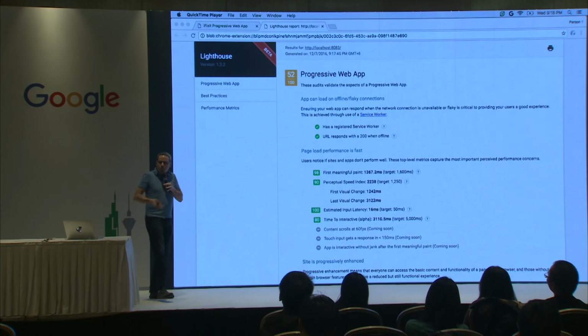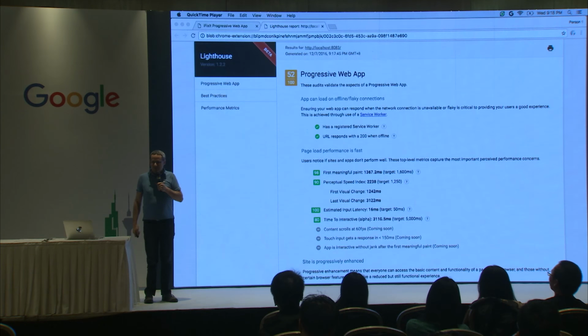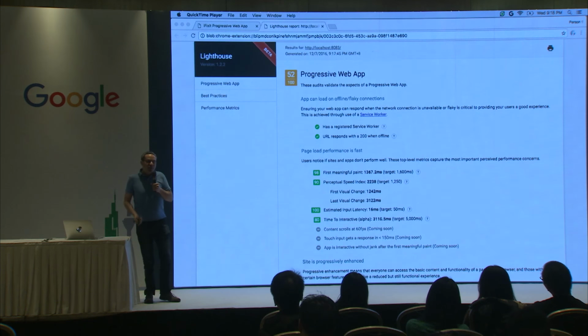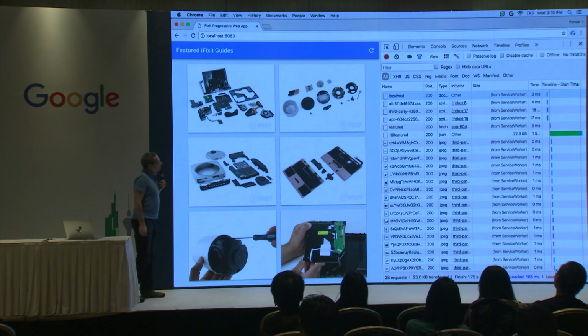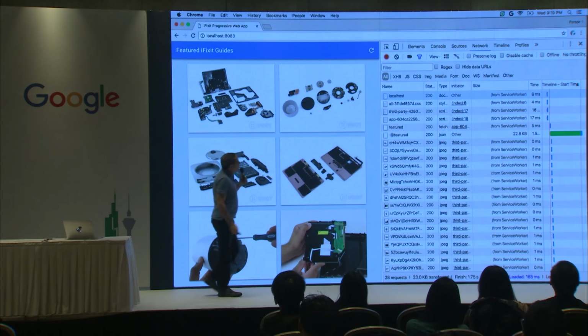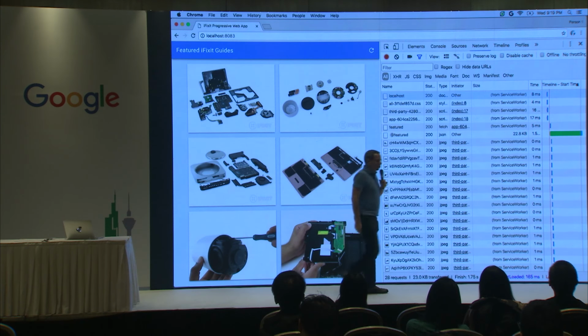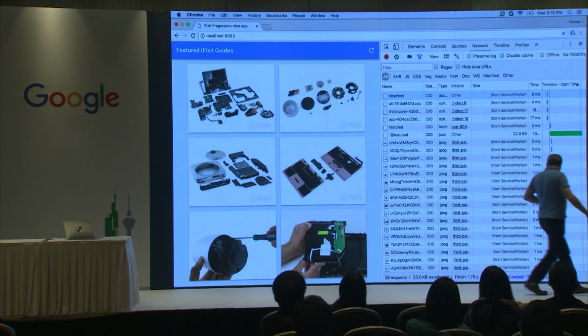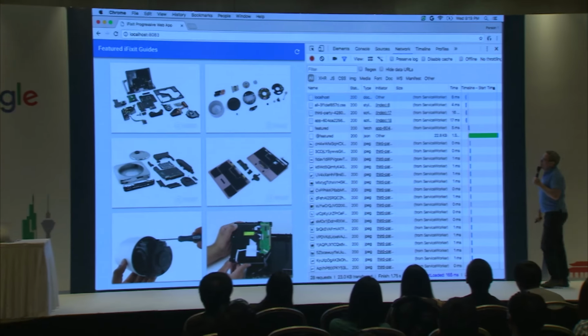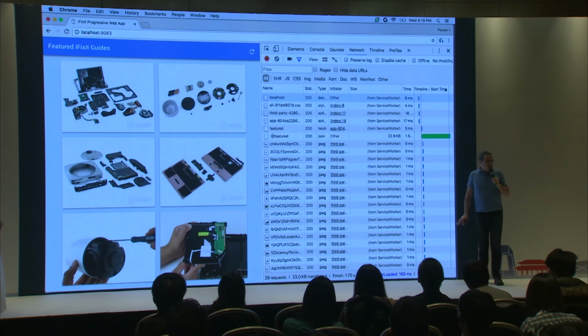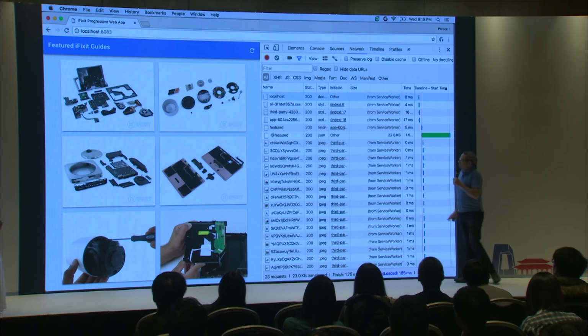Now, it's important to actually make sure that we are serving our app from the service worker, right? So you can use the DevTools to do that. And the way that I did that is I opened up the DevTools, and I went over to the network, and I refreshed the page. So when I refresh the page, I get the information in the network panel.